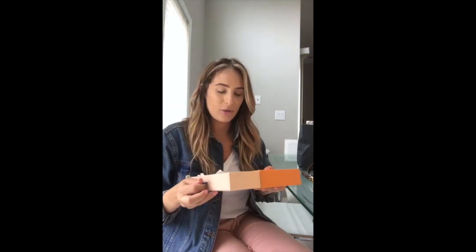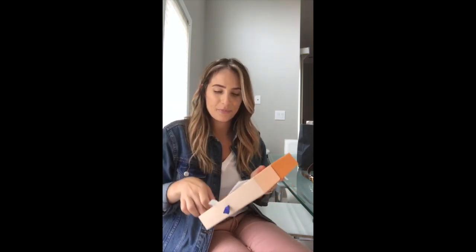I don't know. So anyways, I saw a picture of something a couple months ago, and ever since then I've been on the hunt for the exact one. So let's just open this up and see what it is. So the beautiful packaging,